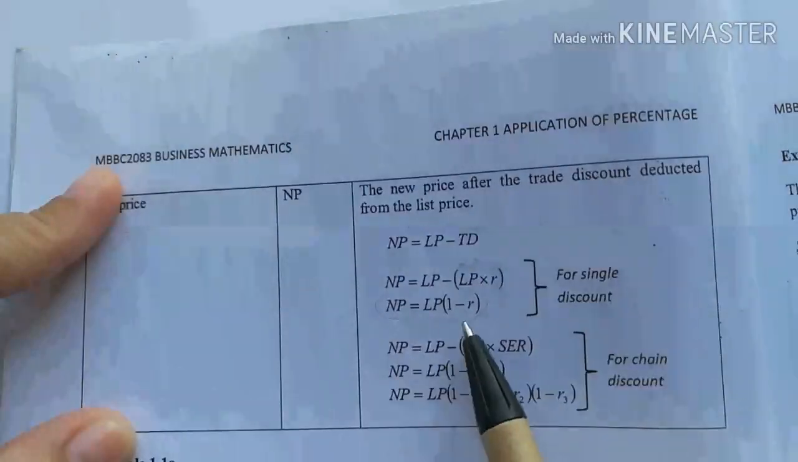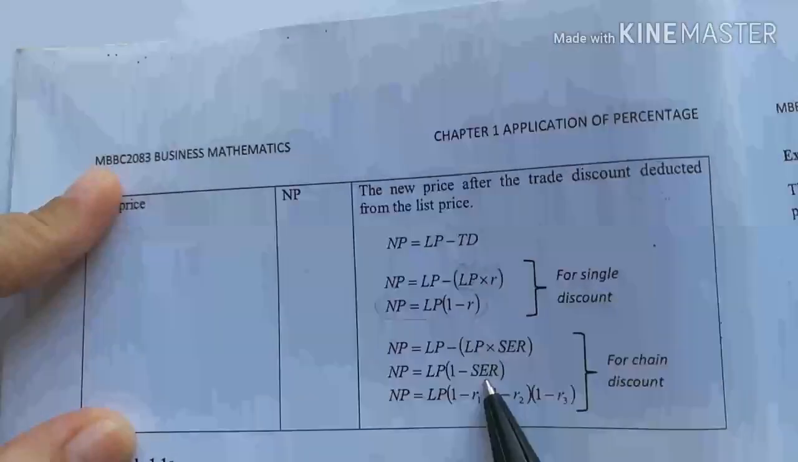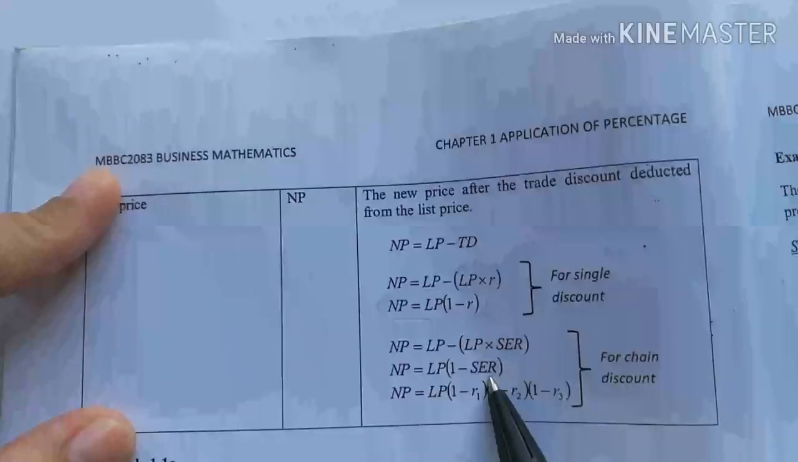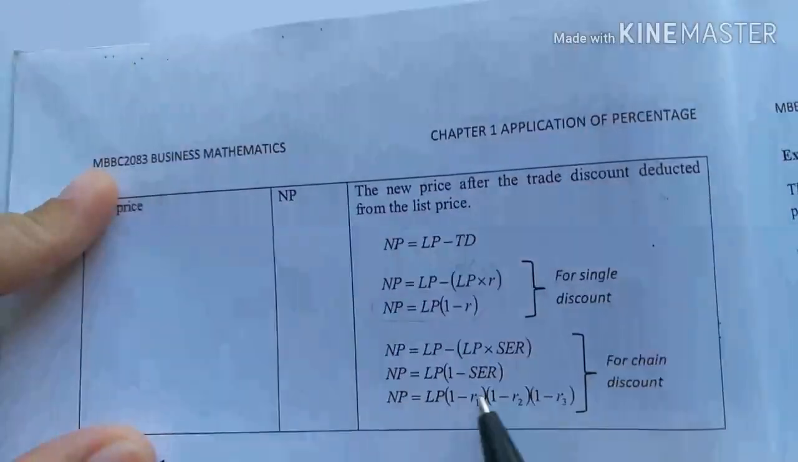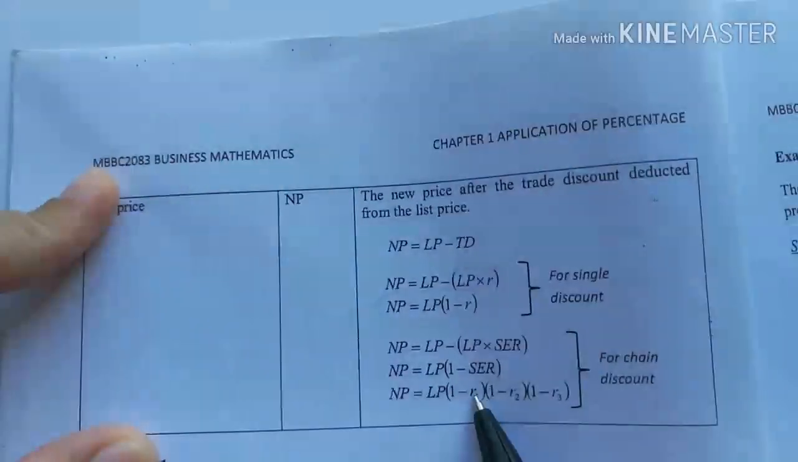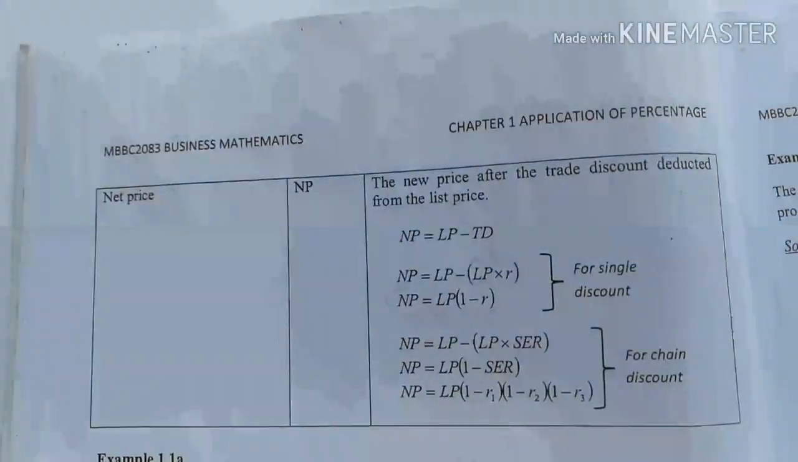Either you convert the chain discount into one single equivalent rate, so you can use NP equals LP times 1 minus SER, or you can simply add another bracket for the chain discount, which is NP equals LP times 1 minus R1 times 1 minus R2 times 1 minus R3. For example,